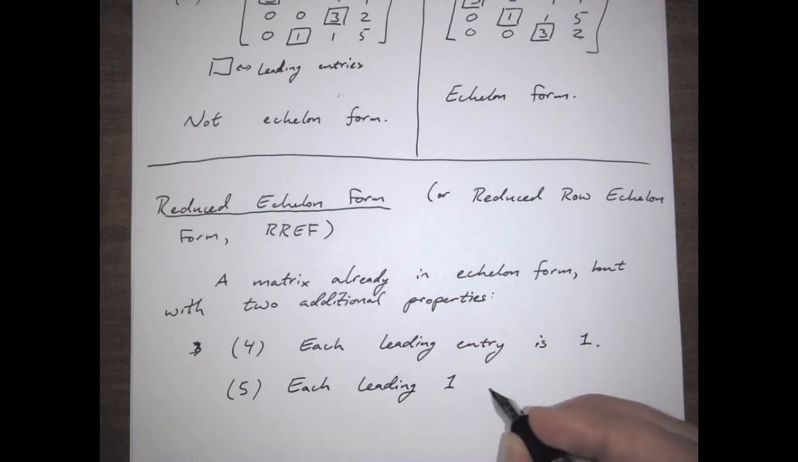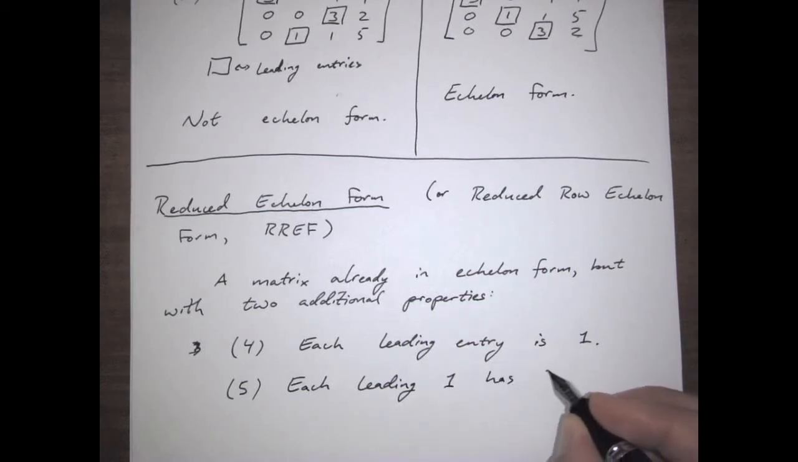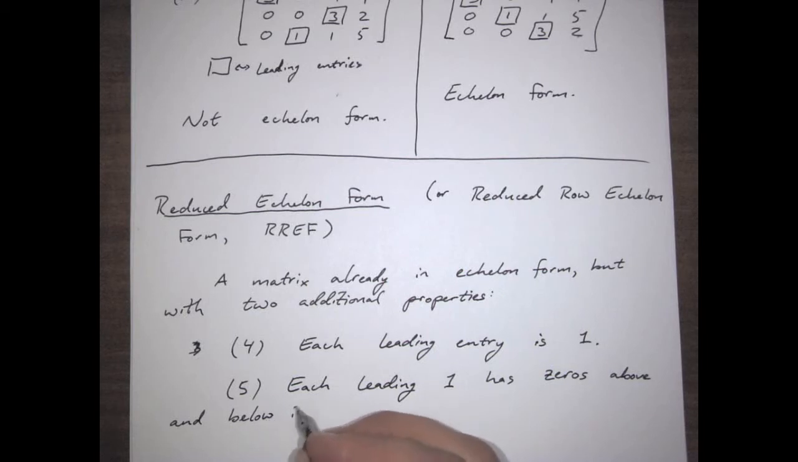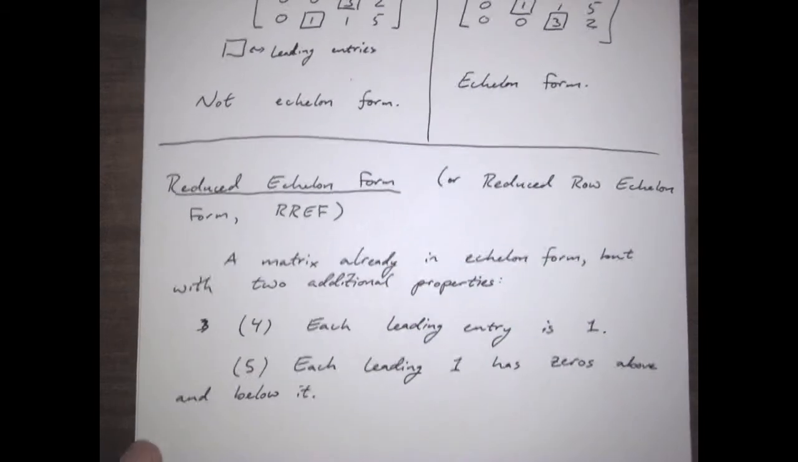So each leading one has zeros above and below. And below it. So for example,